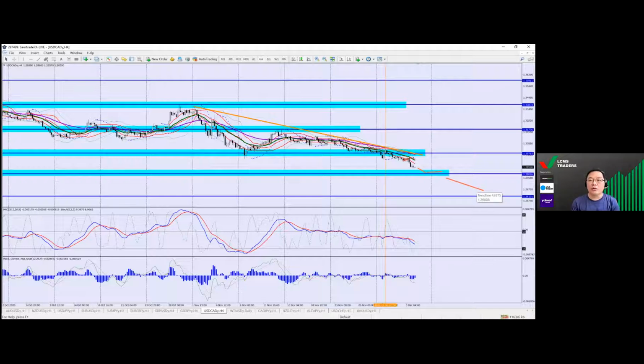But of course, if you do have a very bad statement from next week on Wednesday's interest rate decision, what could happen is, if they say the demand is not going very well, the oil exports to the US are not doing well, and economic jobs are not there because of COVID, then we could see a slight retracement back upwards before another retest down. Because fundamentally, right now, with the increase in oil demand, there could be support for the Canadian dollar strengthening. Okay, that's from me for the Canadian dollar.